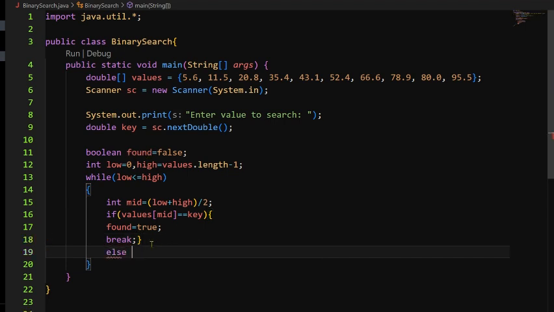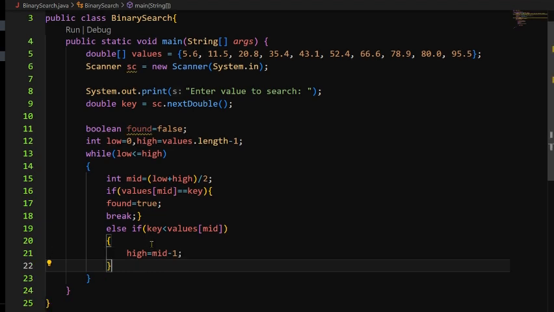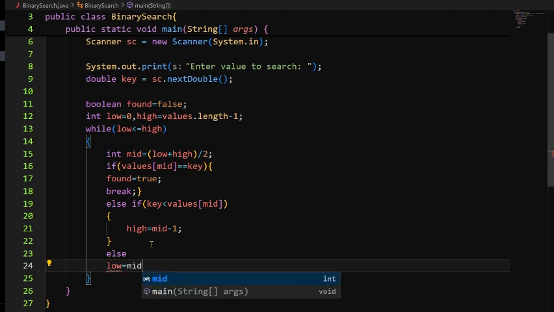Else if key is smaller than values[mid], then our high equal to mid minus 1, else our low equal to mid plus 1,